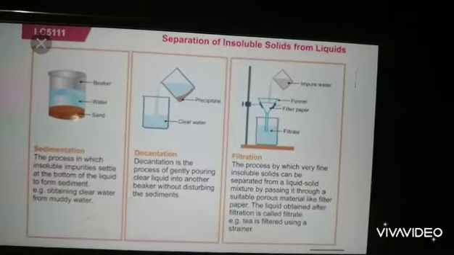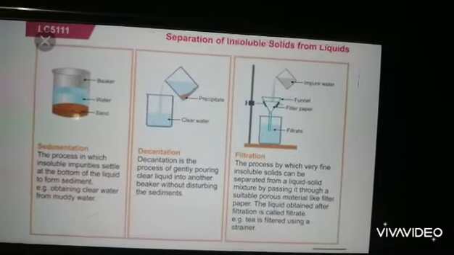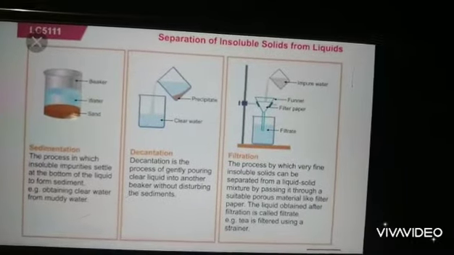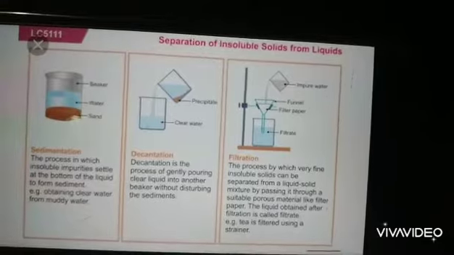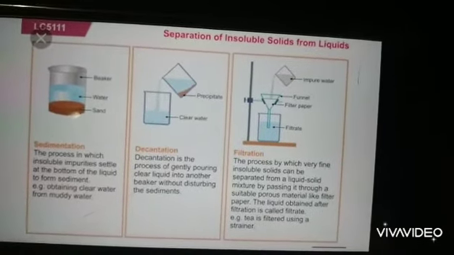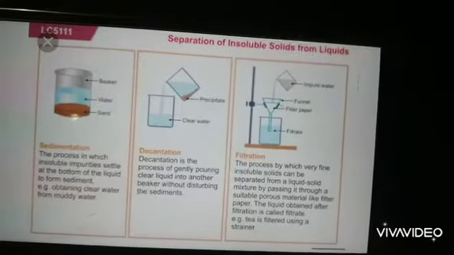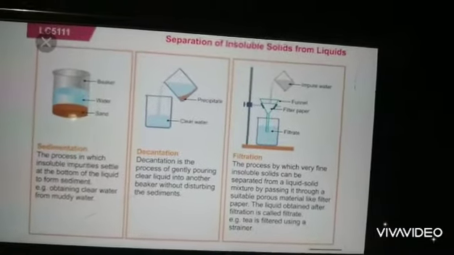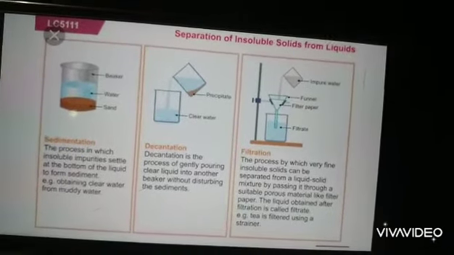For example, when your mother is cleaning cereals and pulses, like when she is going to cook rice, first she soaks it in water, then the rice will settle down and the dust particles will come up with the help of water.